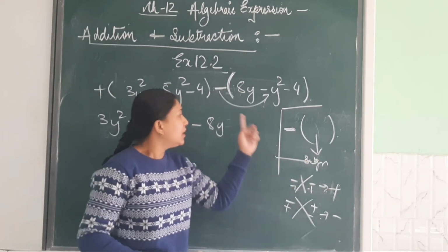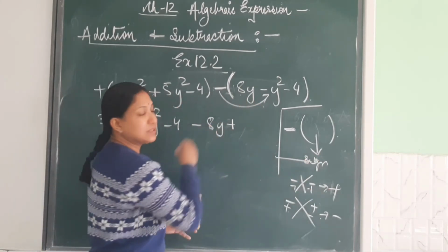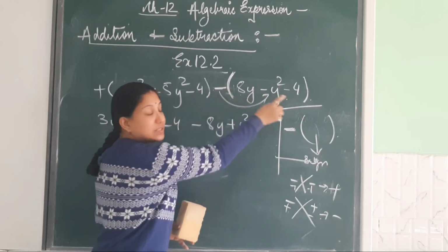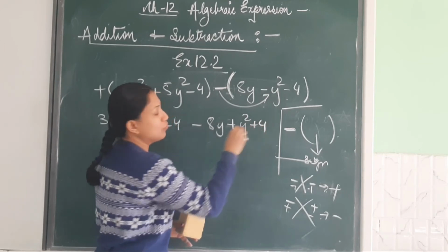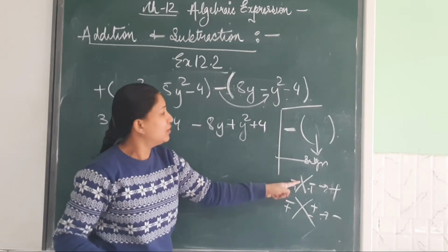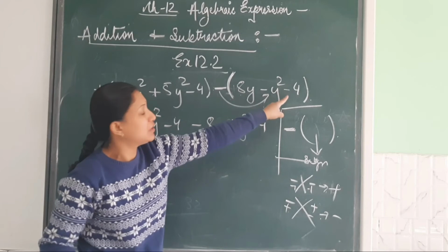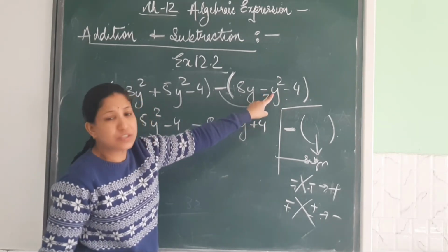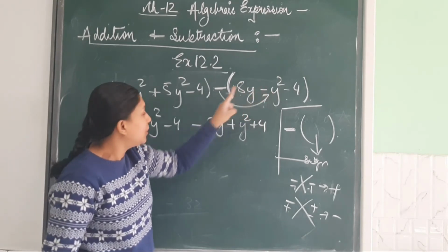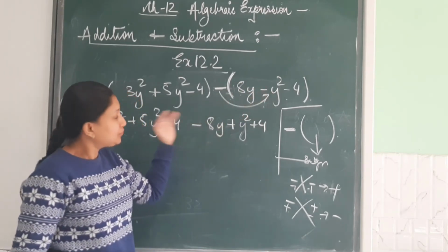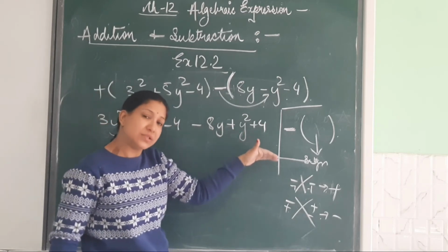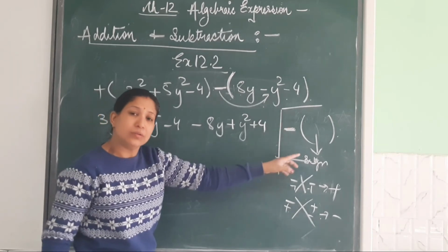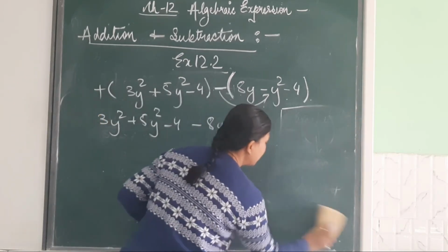Just see the sign. If they are the same, you put a plus sign. Copy the term. Again minus into minus. See, same sign, plus 4. So isn't our rule correct? What sign does 4 have? Here minus. What have we written? Plus. Here what does minus y square have? Minus. What have we written? Plus. There is a change in sign. So please follow this rule. Remember this. This will help you.